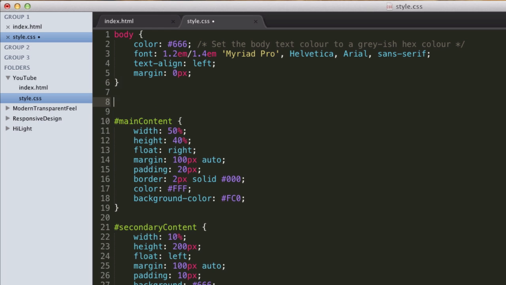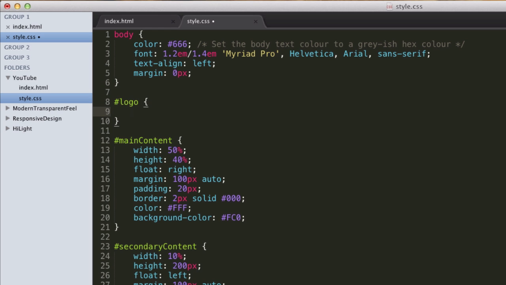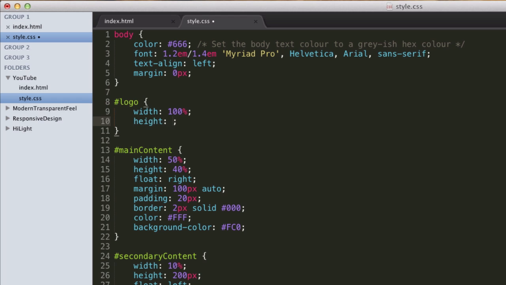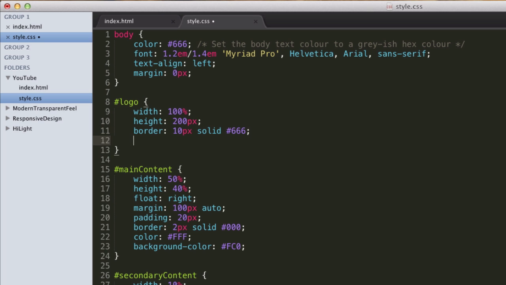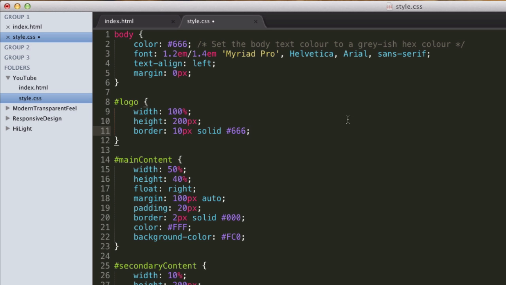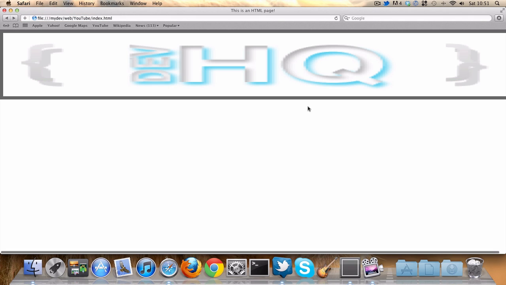Let's just put it up here. Logo, and we could say we want the width of that to be 100%. We want the height to be 200 pixels. We want it to have a border of 10 pixels solid 666, and I can't think of anything else you'd want to style an image with. So let's just refresh, and you can see, wow, now here's our logo image, which we made look like that